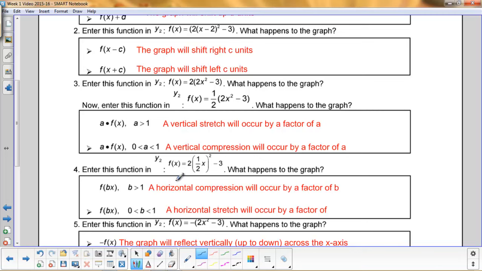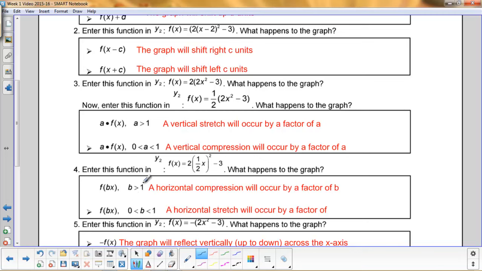Down here, we're going to talk about the horizontal compression. Now you've got to think about this as an inverse property. The best property I can give you that shows this is water pressure. So as you go deeper underneath the water, if you were to take a cup down with you or a water bottle that's filled with air or anything like that, then you'll notice that the air inside of that airspace